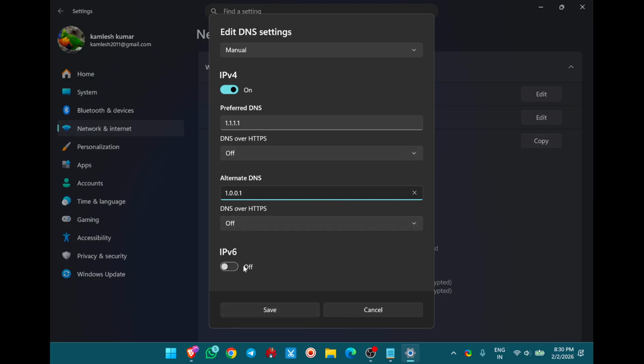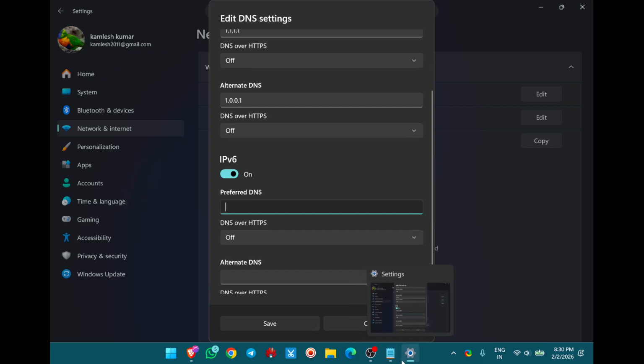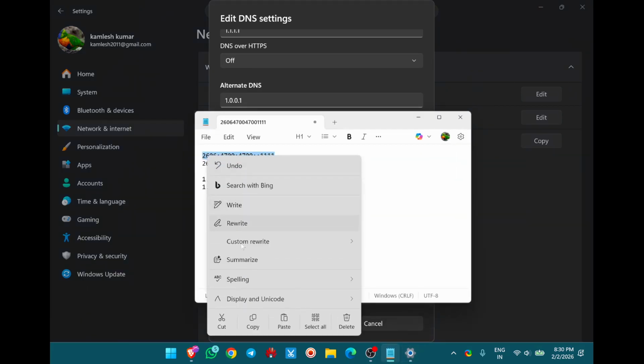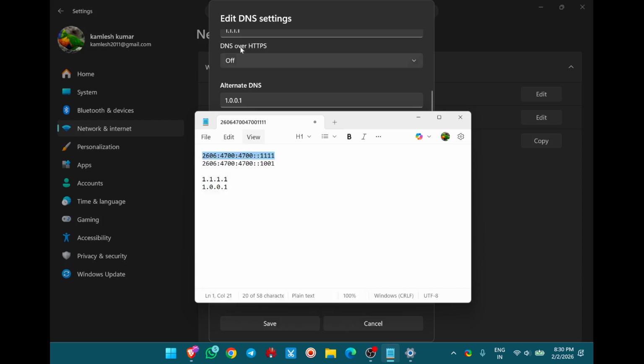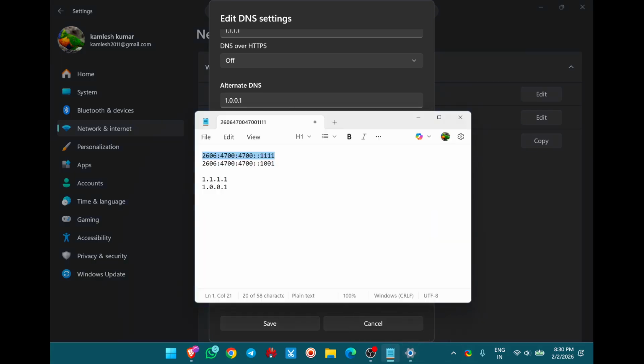In case you use IPv6, you can turn it on and set the preferred DNS as this one. I will put these IP addresses in the video description. You can also copy and paste them here. You need to use 2606:4700:4700:1111 and as an alternate DNS you need to use this one